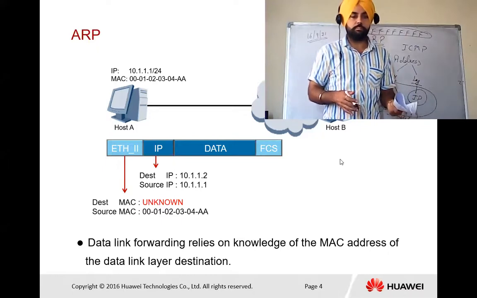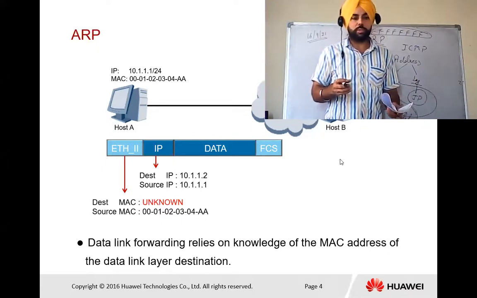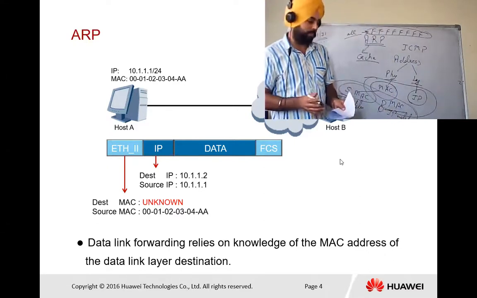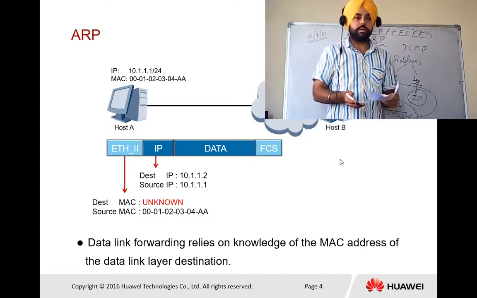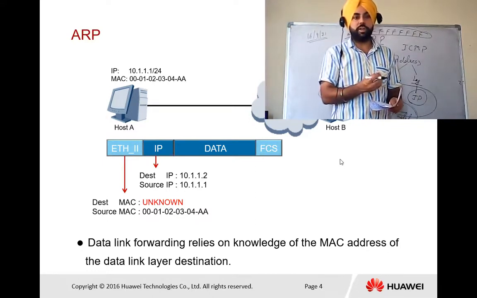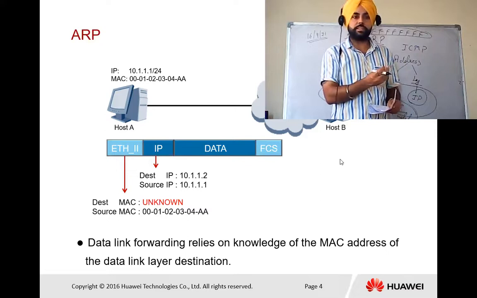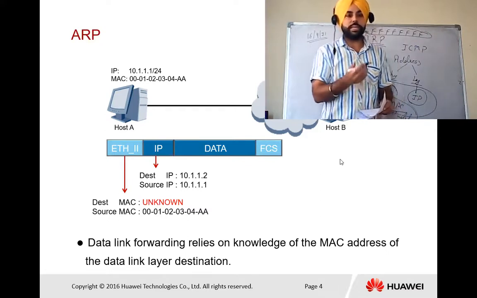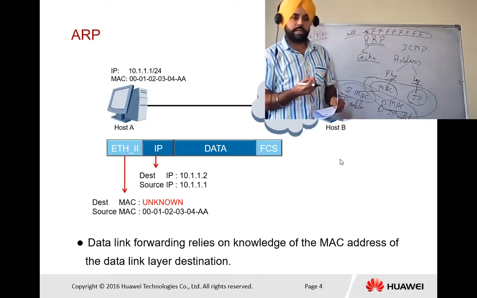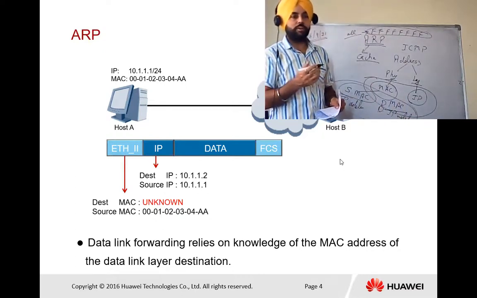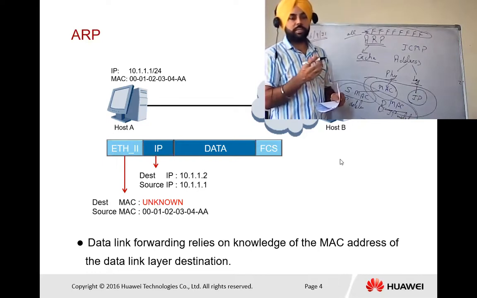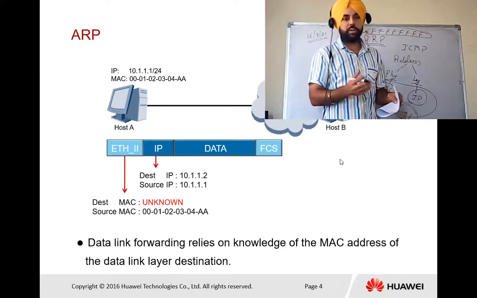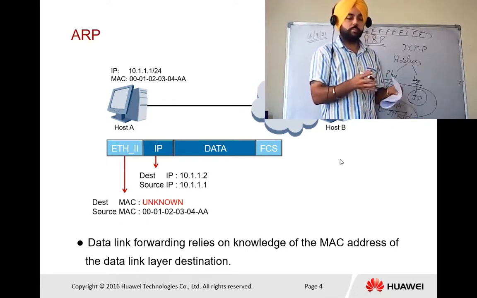to all the PCs. But who will open the packet? When any PC receives a packet from anywhere, first it will check the source IP address, the destination IP address and the destination MAC address. When a PC receives a packet with the MAC address all F, it acts as a broadcast packet. If you are talking about the frame, that means a broadcast frame.